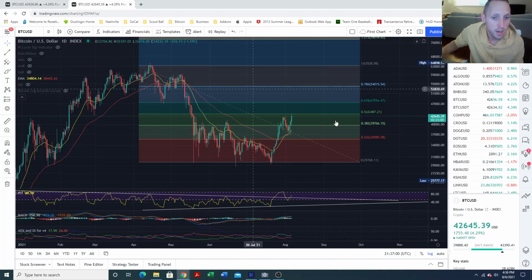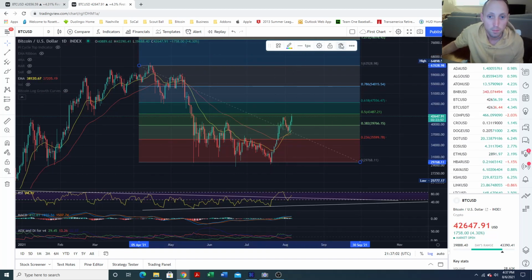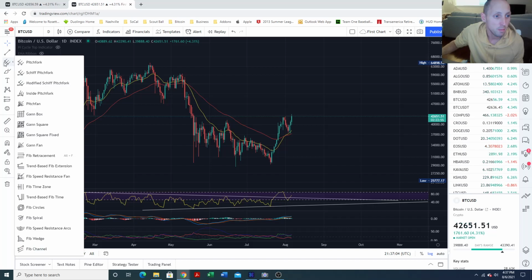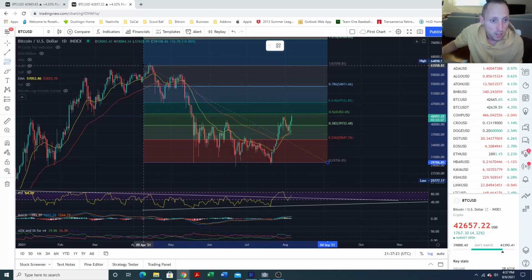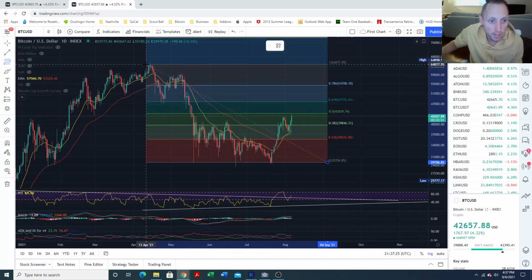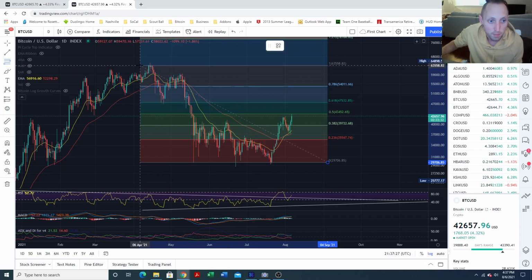So what I do with a Fibonacci, let's just delete this one. I come over here, I come to this chart right here, I come down, Fib retracement. What I do is I find what I assume is the swing low, the bottom. What we're hoping is the bottom. Now, I don't always take the wicks. Sometimes I take the wicks. In this case, I'm not taking the wick. I'm taking the open, I'm taking the close, what that bottom indicator is. I'm taking it from the bottom, dragging it all the way to the top right here.